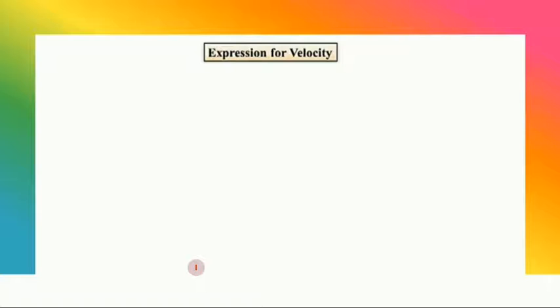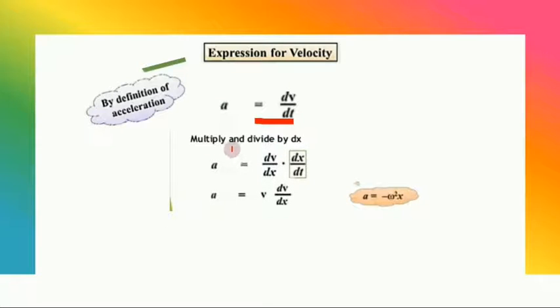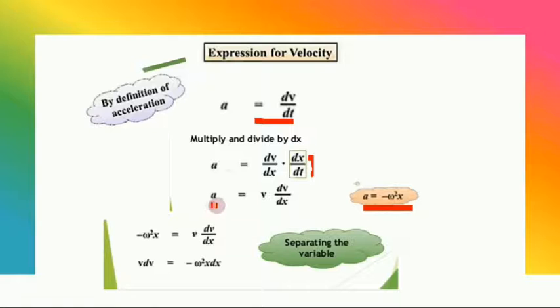Now we will see the expression for the velocity of a particle executing simple harmonic motion. By the definition of acceleration, we know that acceleration is equal to dv by dt. Multiply and divide by dx. We get dv by dx times dx by dt. But we know that dx by dt is v, which is velocity. So it will become v multiplied by dv by dx. Also we know that a is equal to minus omega square x. So in place of a, we put the value minus omega square x, which is equal to